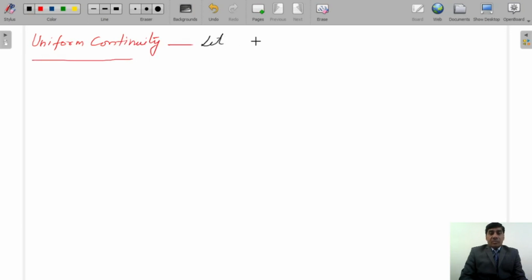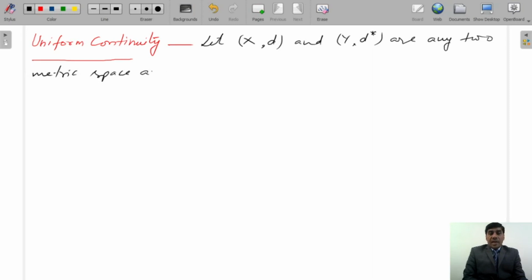Let (X, d) and (Y, d star) be any two metric spaces, and f is a function from X to Y. Then f is said to be uniform continuous